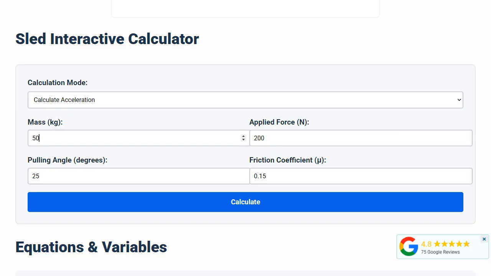Let's try 100 newtons. The calculator will determine the friction force acting against motion, calculate the net force available for acceleration, and show you the resulting acceleration in meters per second squared. These results help you understand whether your applied force is sufficient to move the sled and how quickly it will